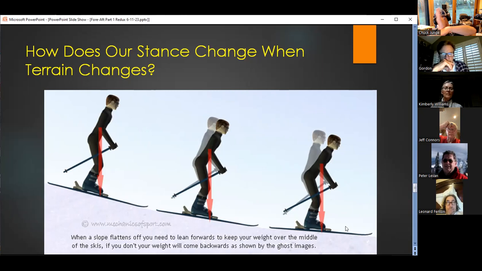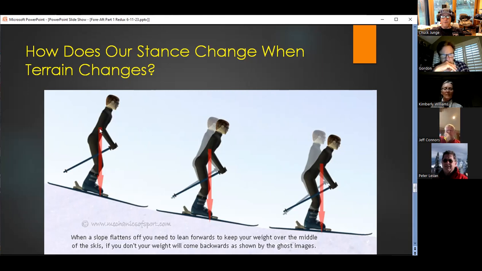What happens to our posture? It tends to be more forward. And as we get to a slope and the skis move away, what do we have to do different? And it can only be a slight difference. It doesn't need to be a whole lot because it comes to tipping point and where our center of mass is. So if it's really steep, and I just noticed this recently in a lot of